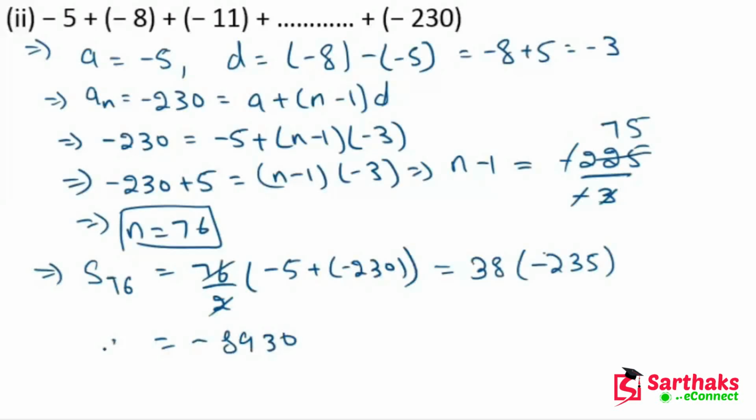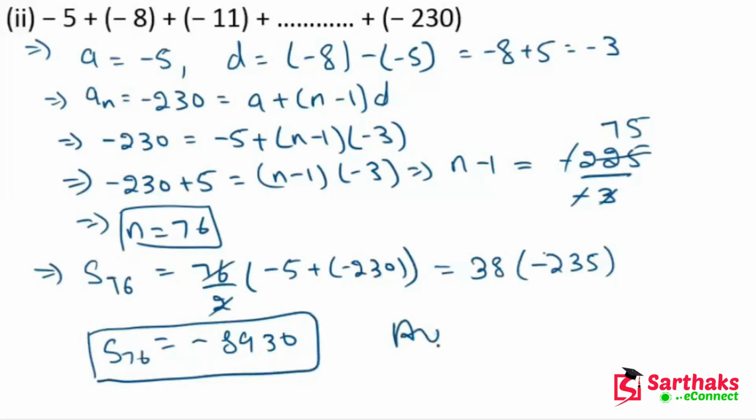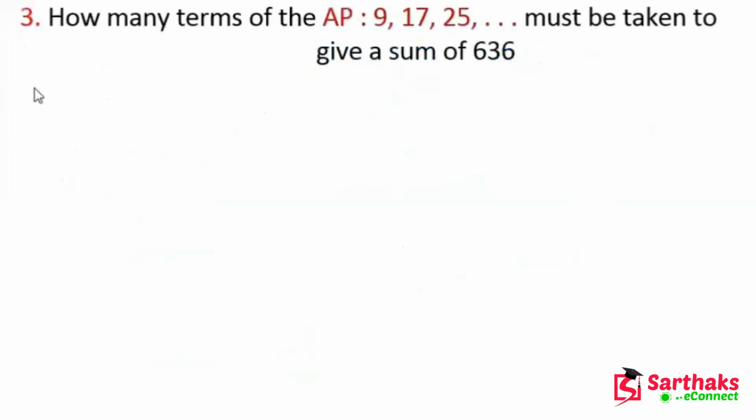If we multiply this, we get -8930. So S76 is equal to -8930. This is the answer. So this is the method to solve the question. First of all, we have to find the value of n, then we can find S76. Okay, now the next question is,